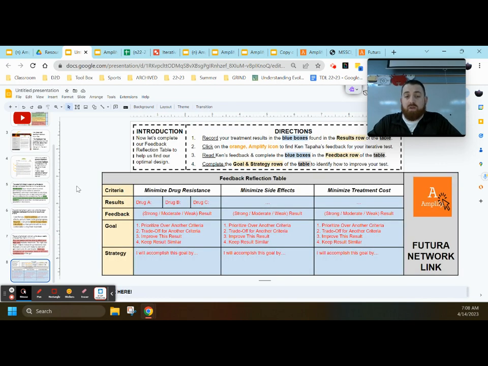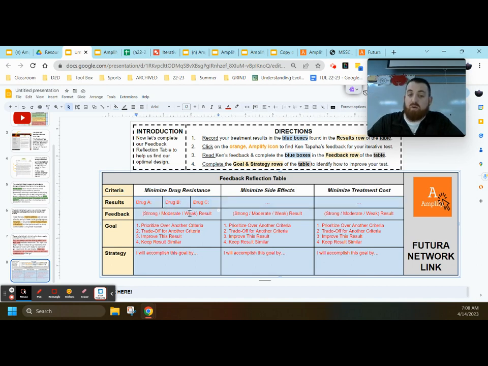Once you've got your results, you're then going to go into your malaria feedback table. In here, you're going to fill out this table to reflect on Kenta Paha's feedback. So you'll start by recording your results so you know what your results are and can begin to make sense of it all. You're going to identify if you strongly, moderately, or